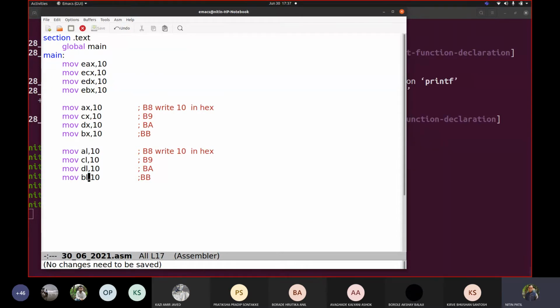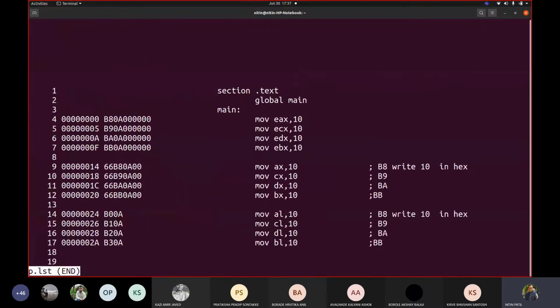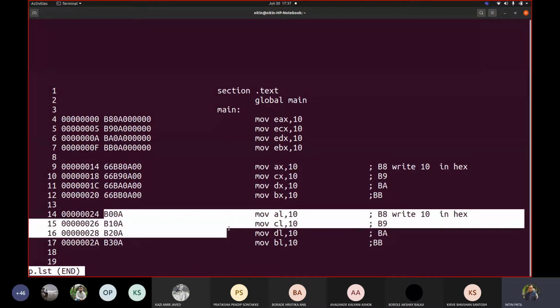Either AL, AH, BL, BH, CL, CH, they are 8-bit registers, correct? So 16-bit is divided into higher and lower bytes. Okay, so let us try to translate, and now see. Surprisingly, earlier it was starting with B8, now it started with B0 when it was an 8-bit register.